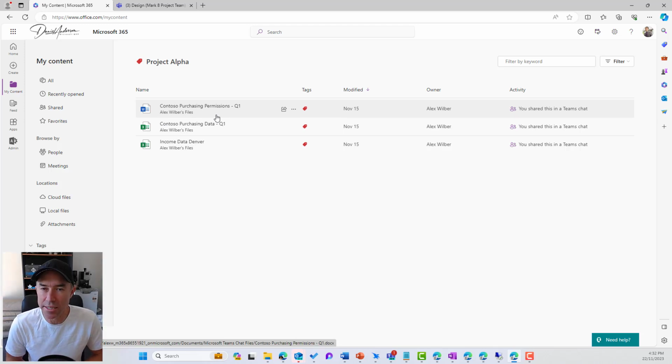So 3 different ways in which you can take control and become empowered to manage access to the files that you need easy access to. The first one we looked at was having the ability to add a document library to your channel, and that creates a shortcut to that document library, places it in the channel files tab so that you and your users or the members of that team have got easy access. The second one is the ability now to add a shortcut from a document. We can add that to any location, your My Files, or even select another location and a document library in another site. And the third one is the ability from the 365 homepage to tag your documents and group them together under